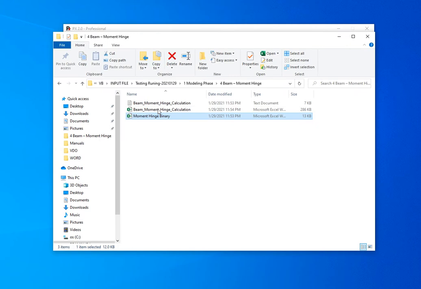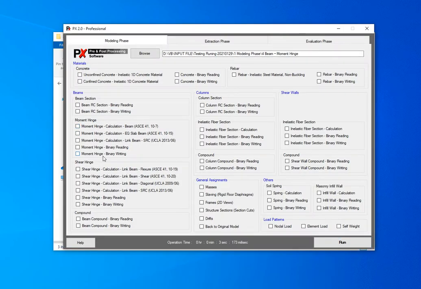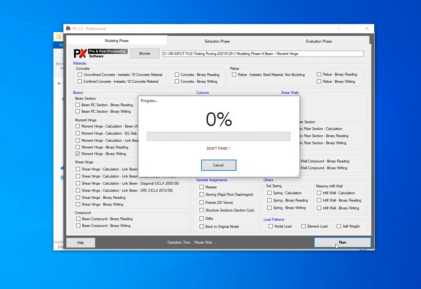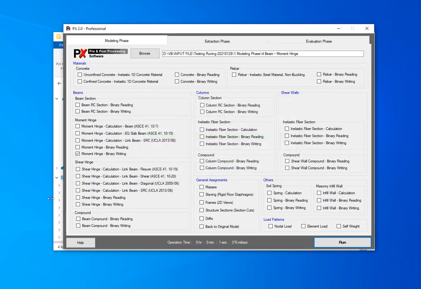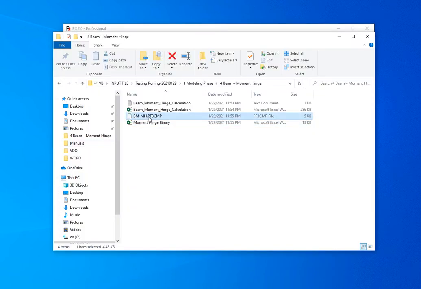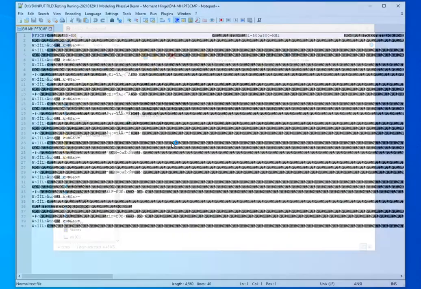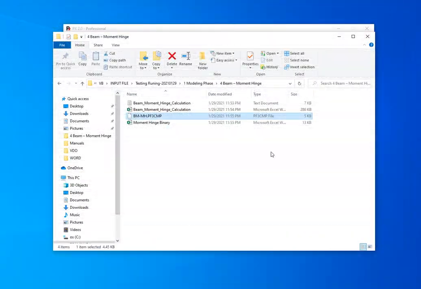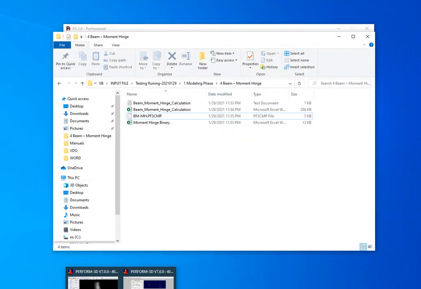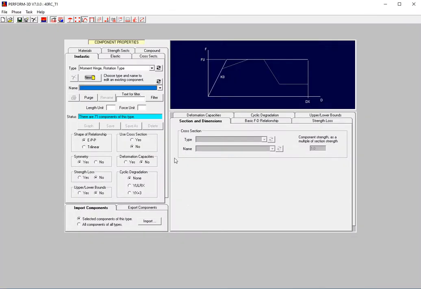If we get this file ready, it's time to convert to binary by clicking add moment hinge binary writing and run. Then you will get this binary file ready to import to Perform 3D.